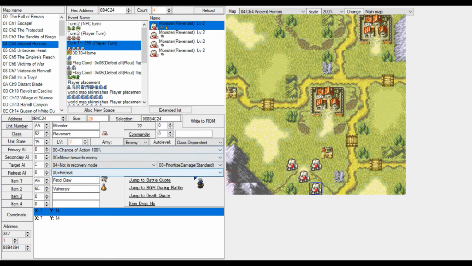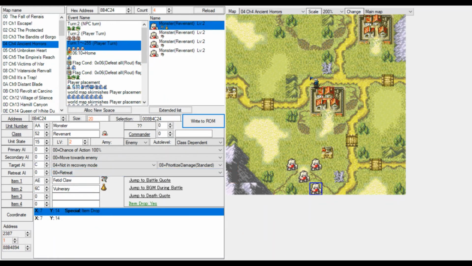What I forgot to tell you guys was the option to let an enemy drop an item. That's over here. If you say item drop, it will pop up a little window saying, do you want to drop items when you defeat this enemy? When dropping an item, items that you have at the very end are eligible, which just means the last item in the inventory. For example, that would be 6C, this will be the item dropped. If we would place another vulnerary here, item 3 would be dropped. So the last item will be dropped. Let's put this to yes. We would otherwise have to steal that, but let's put this to yes.